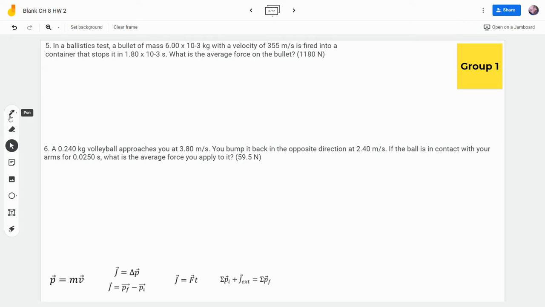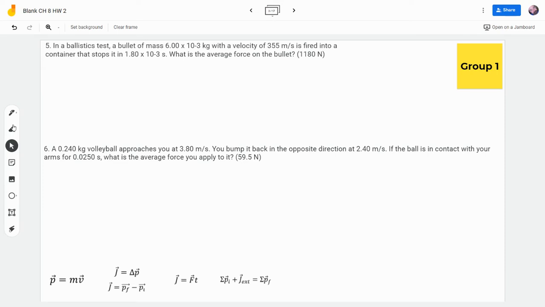So we've got a volleyball. It's approaching you at that velocity, 3.8 meters per second. You bump it back in the opposite direction. The fact that it's the opposite direction is going to be important, at 2.40 meters per second. If the ball is in contact with your arms for that amount of time, what is the average force